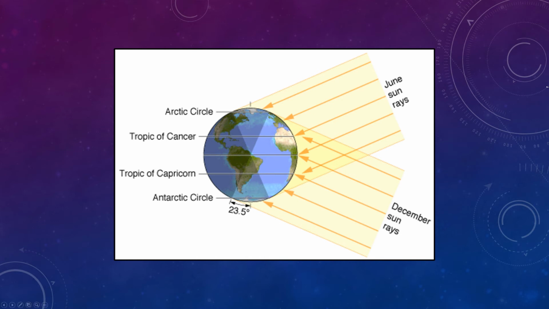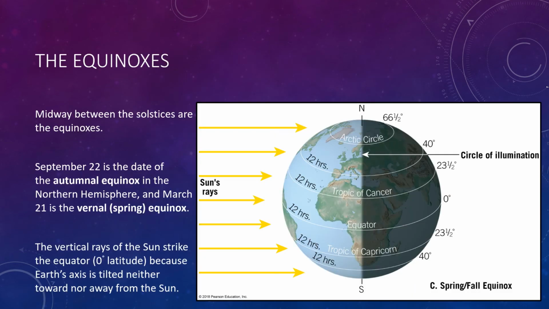So we just discussed the solstices, so when it's the first day of winter and first day of summer, but what about the equinoxes? Midway between the solstices are the equinoxes. September 22nd or 23rd is the date of the autumnal or fall equinox in the northern hemisphere. And March 21st or 22nd is the date of the vernal or spring equinox. On these dates, the vertical rays of the sun strike the equator, which is 0 degrees latitude,